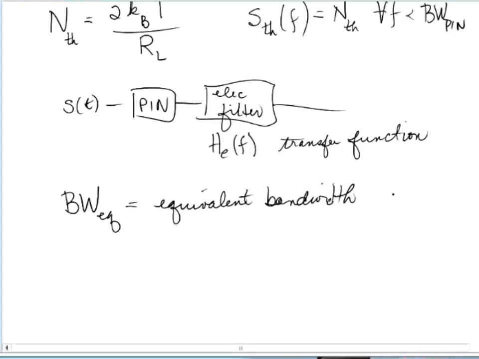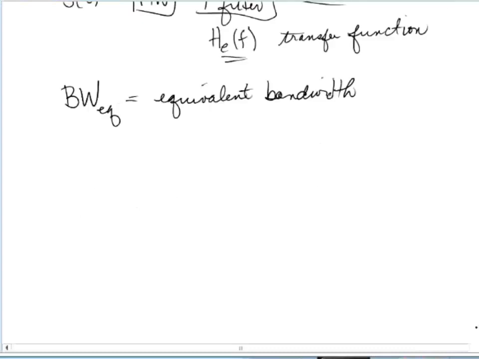Although the filter H_E(f) may have a particular shape in the frequency domain, the equivalent bandwidth, in fact what we usually call the noise equivalent bandwidth, reduces the filter